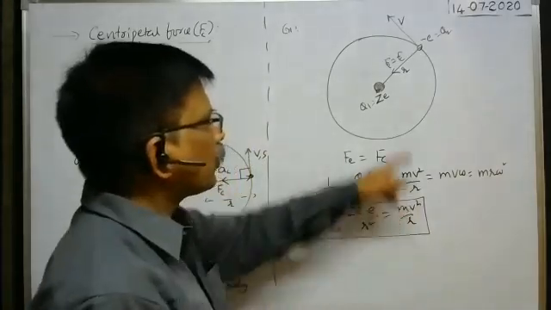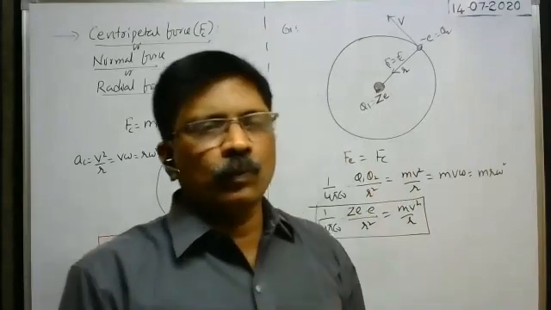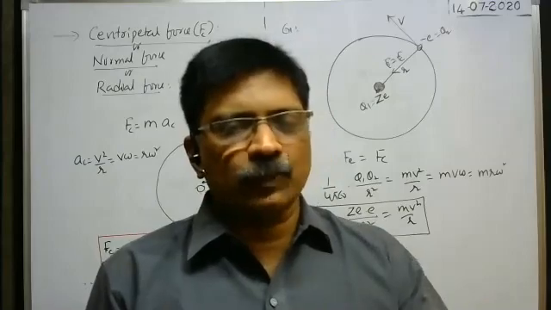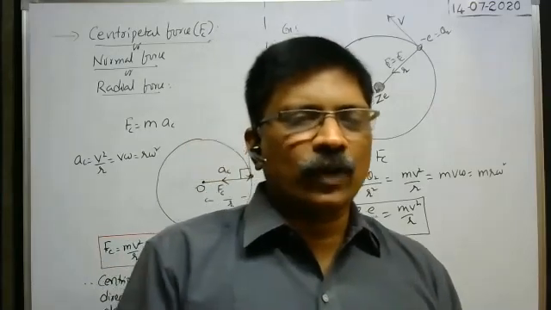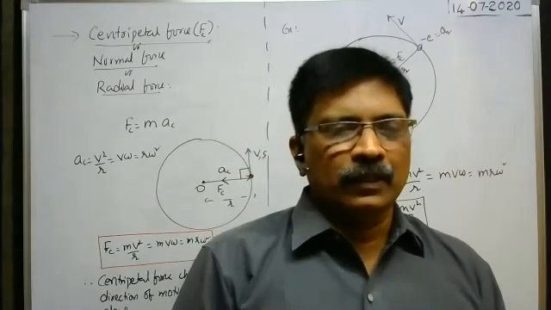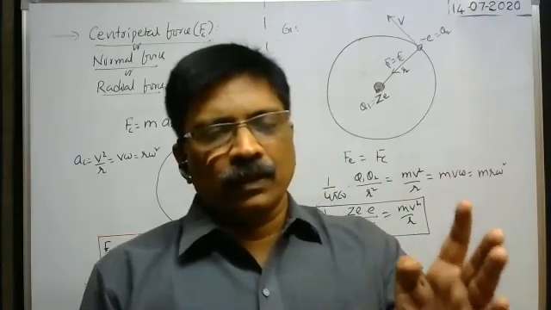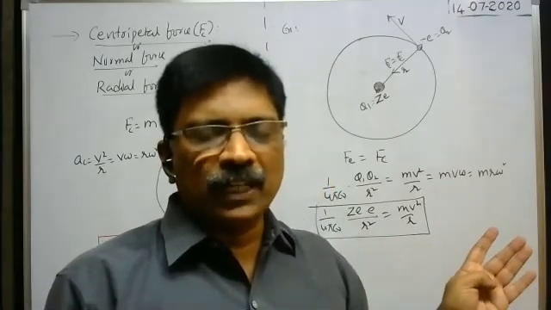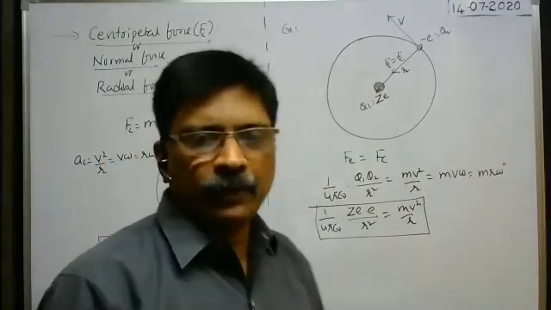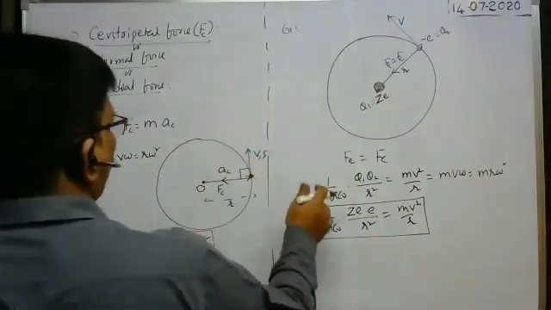What is the speed of the electron in this orbit? We can calculate it. Based on this concept only, I think in the Bohr atom model in your chemistry, Bohr postulates are there: first, second, third postulate. Every electron revolves around the nucleus in various orbits. By Bohr's postulates, you derived the radius of the nth orbit, the speed of the electron in the nth orbit, etc. Everything we got is based on this formula only. Right, so this is one example.